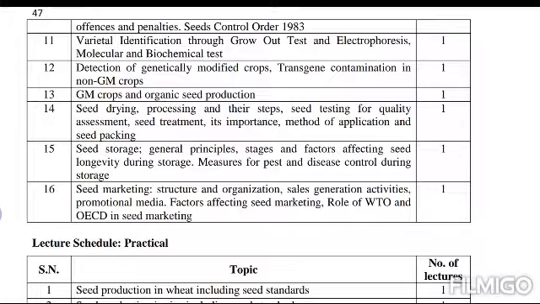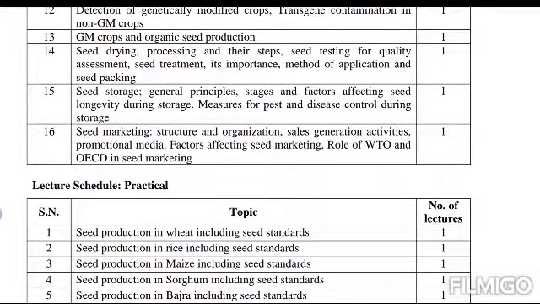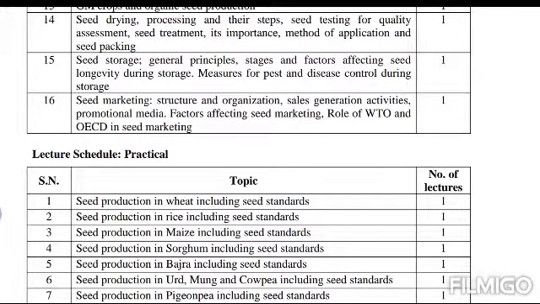Varietal identification through grow-out test and electrophoresis, molecular and biochemical test. Detection of genetically modified crops, transgene contamination in non-GM crops, GM crops and organic seed production, seed drying, processing, steps, seed testing for quality assessment, seed treatment, its importance, method of application and seed packing, seed storage, general principles, stages,